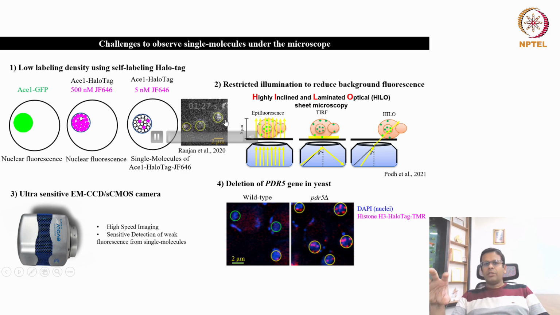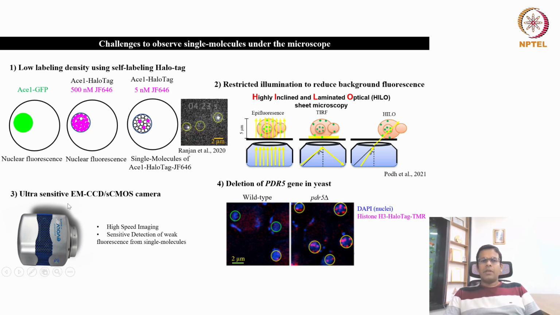So you have to capture the fluorescence coming from individual dye molecules. It's very weak fluorescence, and you need a really high sensitivity detector like an EMCCD camera or an sCMOS camera to capture such low intensity of fluorescence. And the fourth thing that is required for single molecule imaging, if you are doing it in the yeast